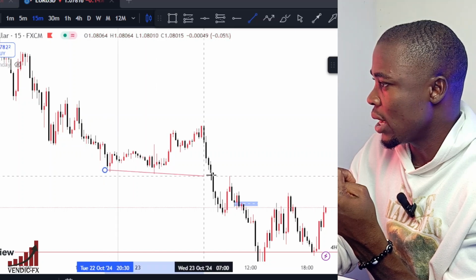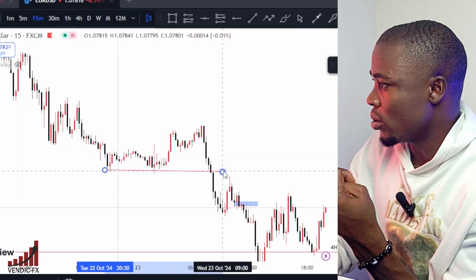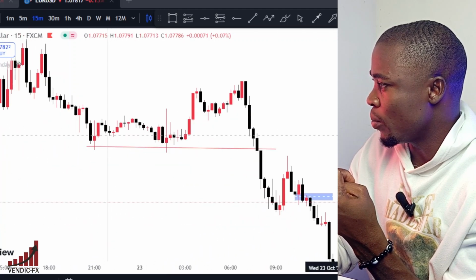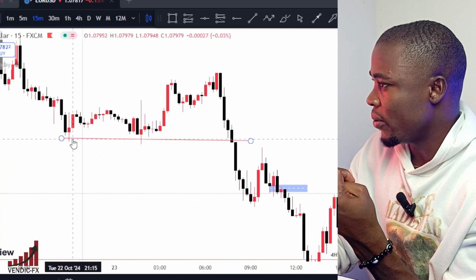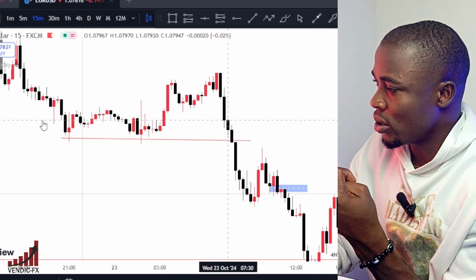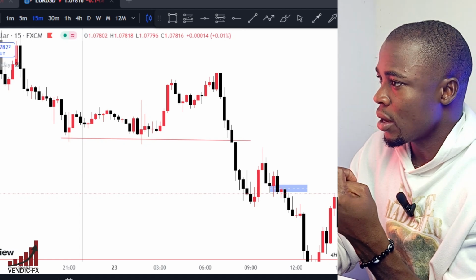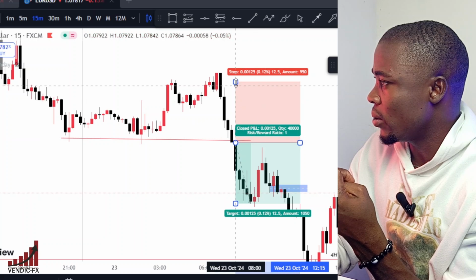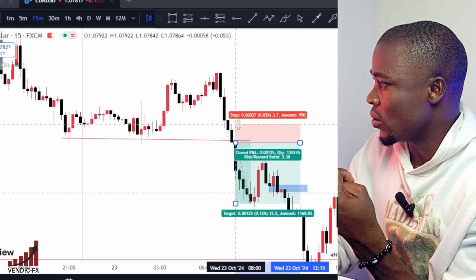Immediately we got a close above this particular support, we get into it. So this was the close above the support. This was a close above the support, right? So you get into it with the stop loss. You just get into the trade here on this candle with a stop loss above this wick,